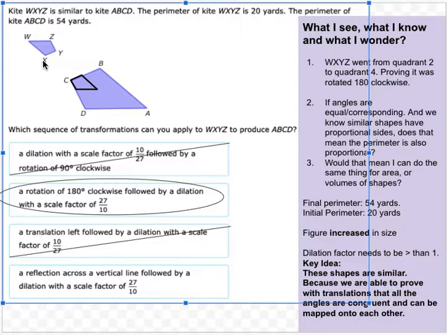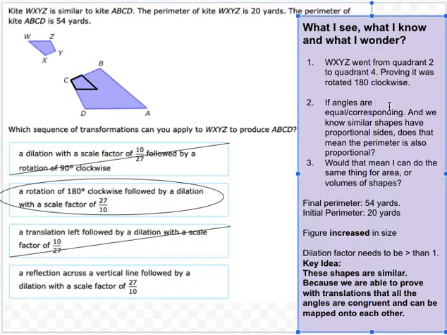If angles are equal and corresponding, and we know that similar shapes have proportional sides, I'm wondering if that means that the perimeter is also going to be proportional, because here they're asking me about the perimeter. And if that is the case, I wonder if that is going to apply to the area or the volume